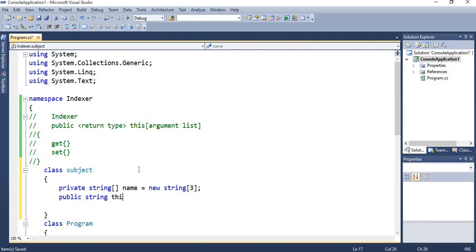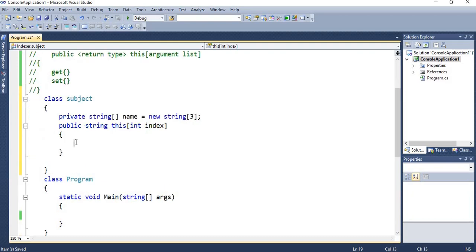Then the this keyword is fixed, and you have to specify the argument. Here I am specifying one variable, index. Based on the index we can access this indexer, because indexers are accessed using their indexes, so we have to pass this index number in our main function.